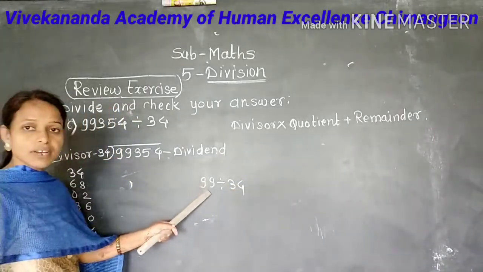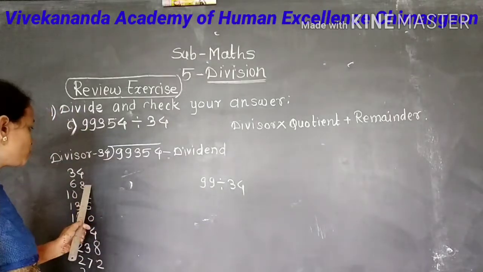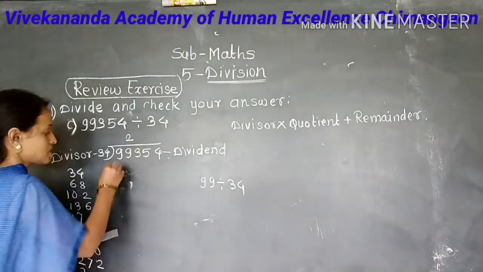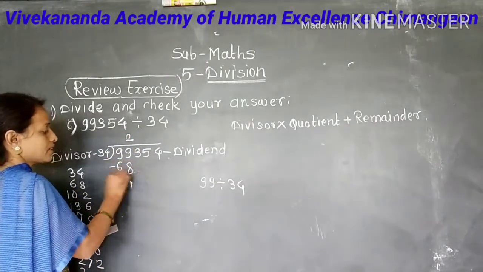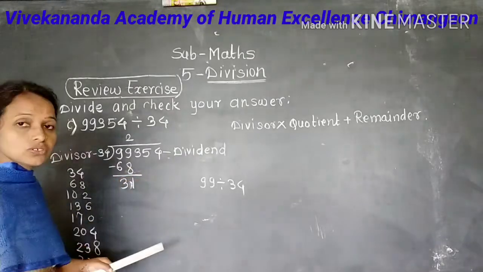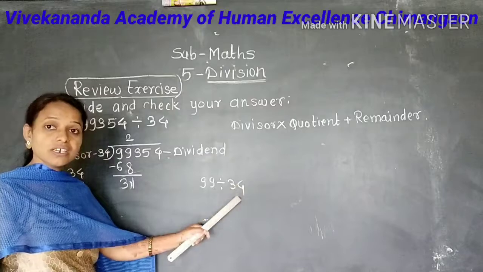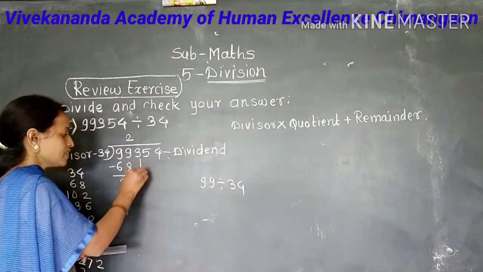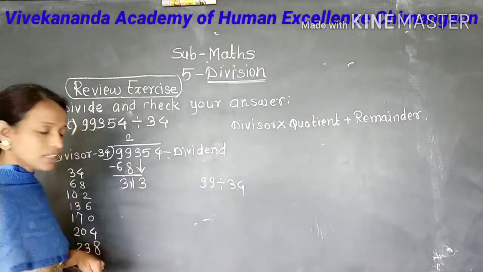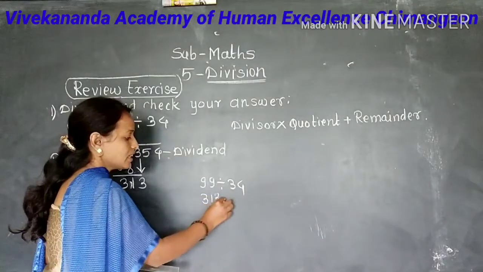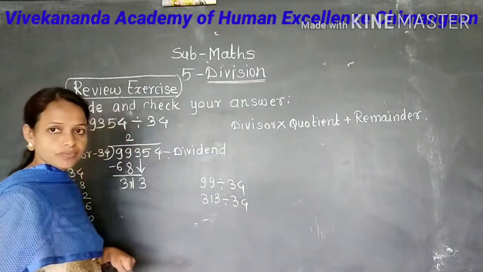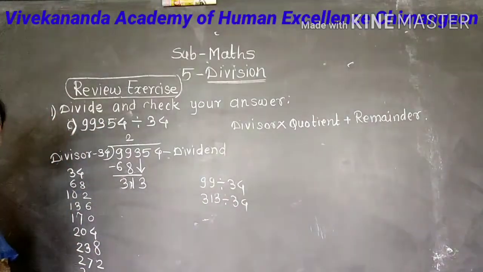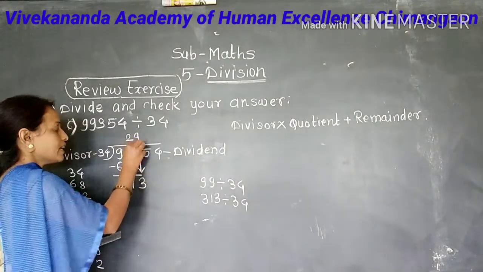Okay. Now here we divide 99 by 34. It gives us quotient 2. So 2 is written in the thousands place. Minus 68. By dividing 99 by 34, it gives us quotient 2 and remainder 31. Now the next digit is 3, bring it down. Now we divide 330 by 34. By dividing 330 by 34, it gives us quotient 9. So 9 is written in the hundreds place.